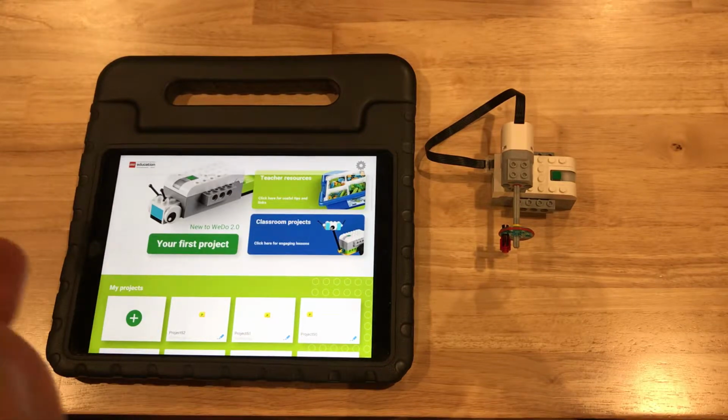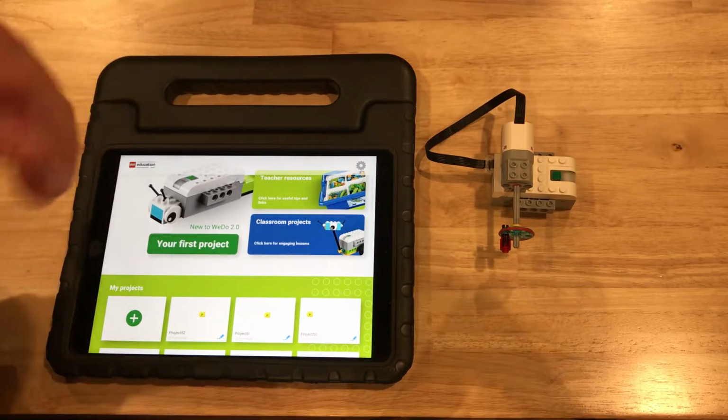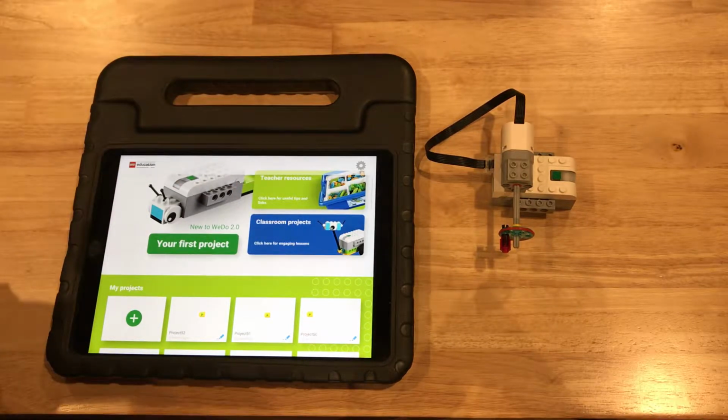Session 5's topic is environmentally friendly building. The robot build is actually a very straightforward and simple one where we're going to have the students add a motor and put some blades on it, and it's supposed to be a wind turbine. It's actually a bit simple for this far along in,